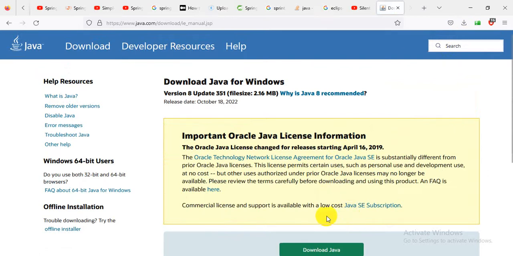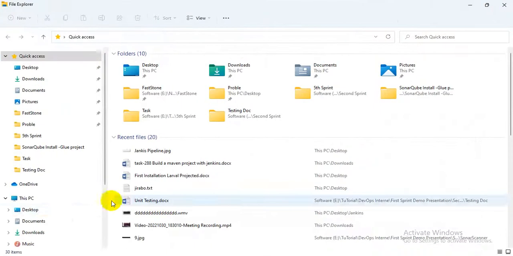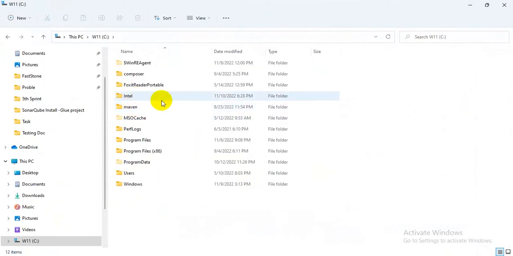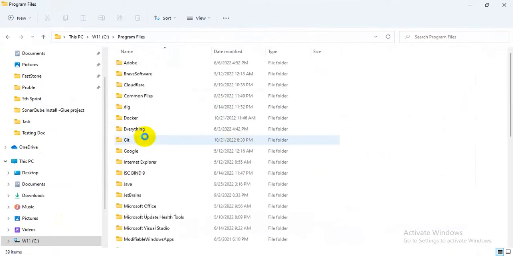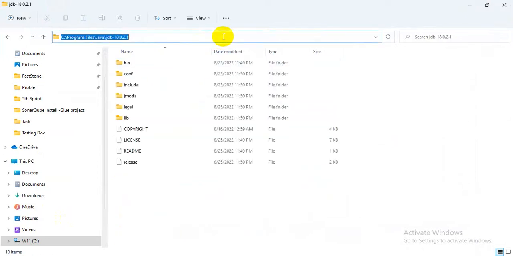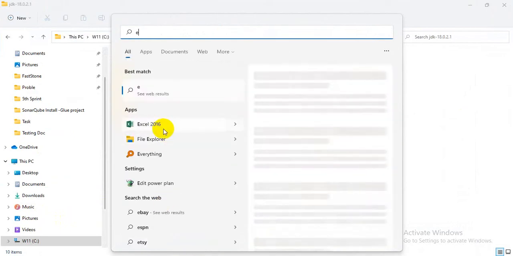I have already installed it, that's why I have not finished the download and installation. Then you go to your Program Files, Java. Here is your path. Copy it, and go to environment